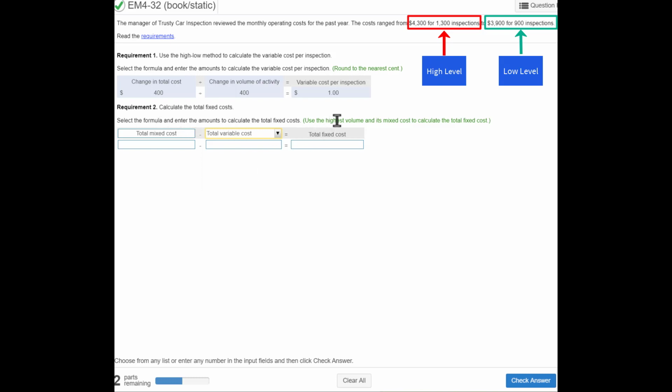And then it says use the highest volume and its mixed cost to calculate the total fixed cost. So here we're going to find the highest volume up here. So the highest volume is 1,300 inspections. So we're going to use a $4,300 mixed cost. That's the total cost. Remember, it's a mixed cost. So we're going to put the 4,300 here